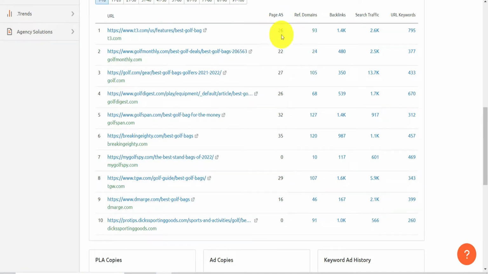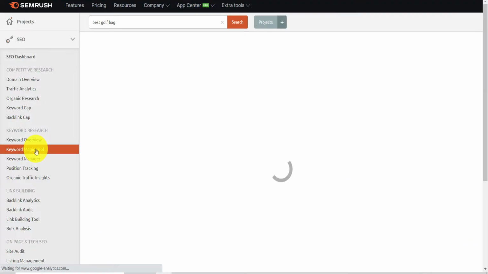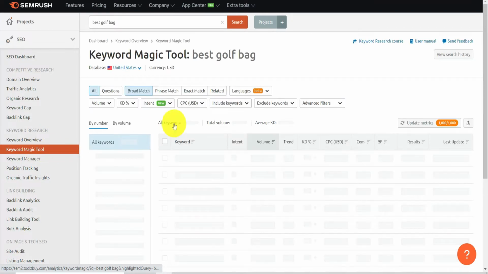Okay, so that's the page authority score, which is also 0 to 100. These are the number of referring domains to the website. This is the SERP, and these are the number of backlinks. Then we have the source traffic, then the URL keywords which are ranking on Google. After that, just click on keyword magic tool, and here you'll be able to see different keywords you can